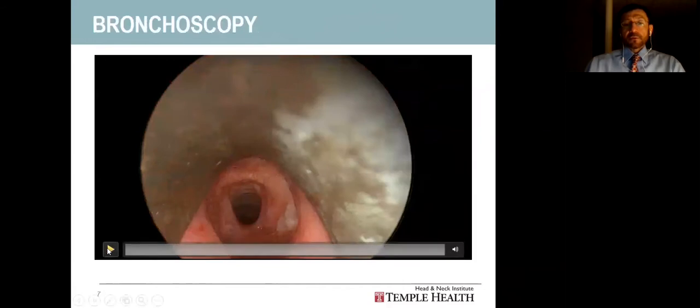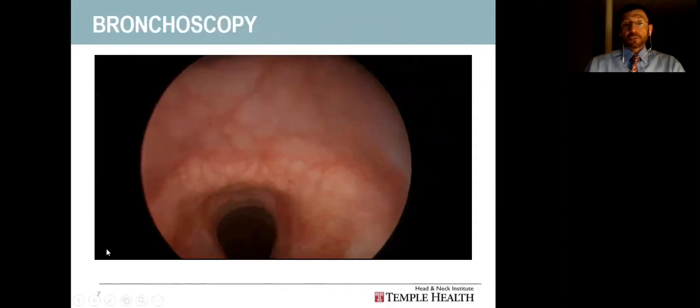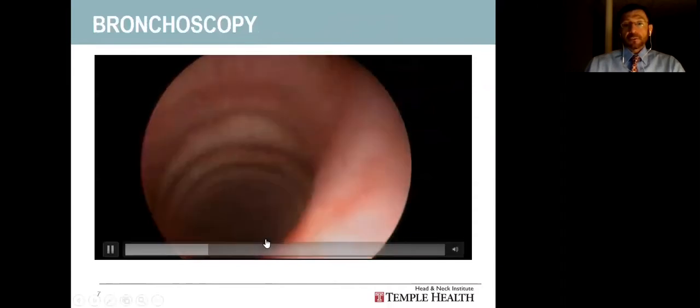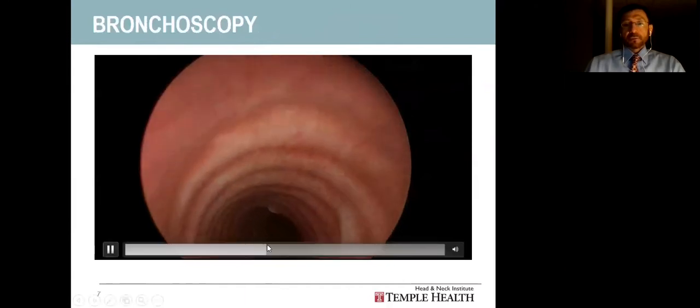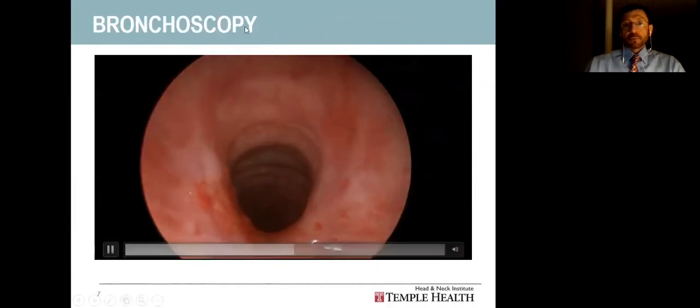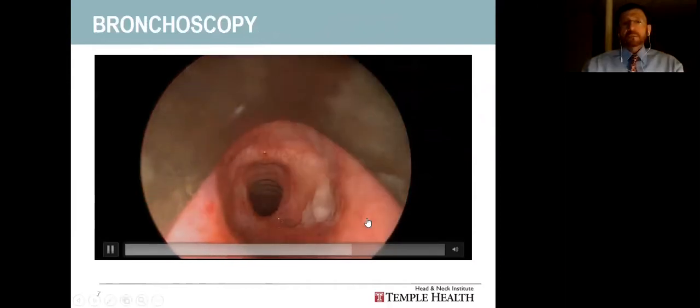So here is her laryngoscopy in the operating room. We have her under jet ventilation here. A scope is sitting just below the vocal folds, and I'm passing a telescope in to look. You can get a pretty good idea. It's a short segment. Distally, it looks normal, but clearly there is a narrowing here, and again about 50% or so